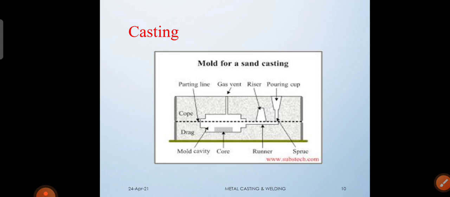Melting is also one of the bigger tasks. To melt a harder raw material is not an easy task. We need to supply a higher temperature so that a solid raw material is converted into a liquid raw material. Then the process can be performed.